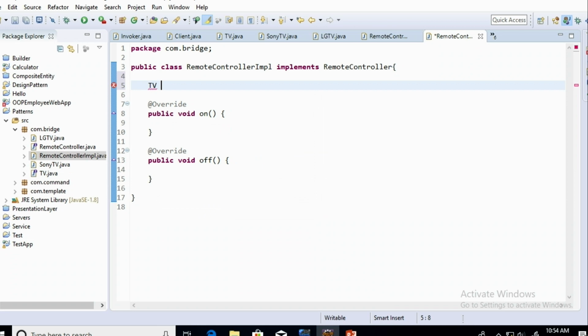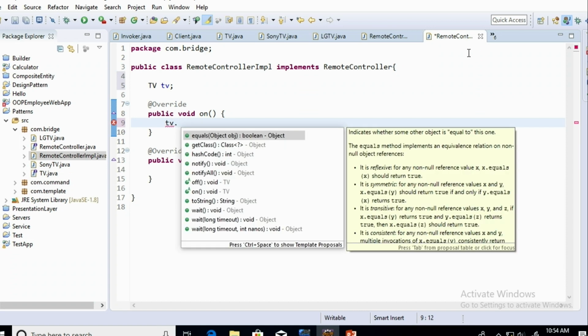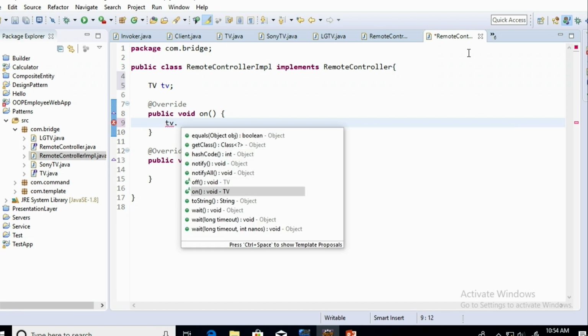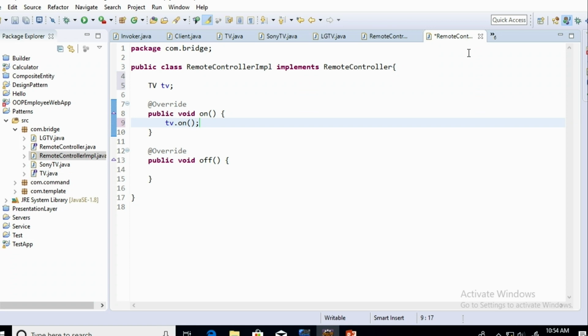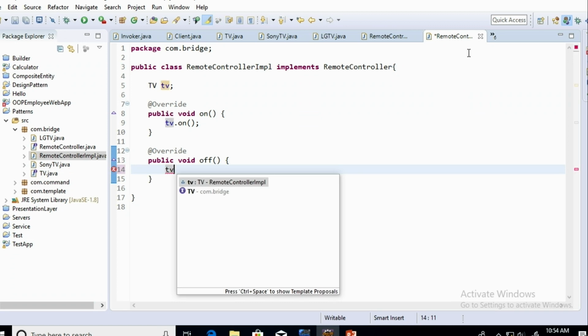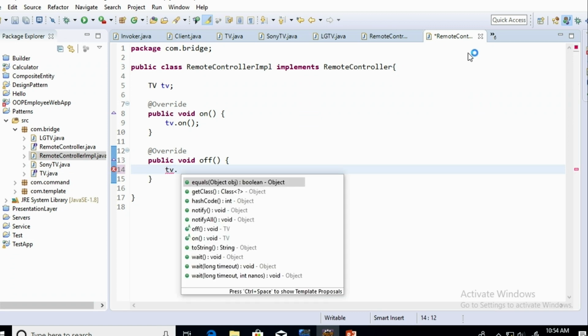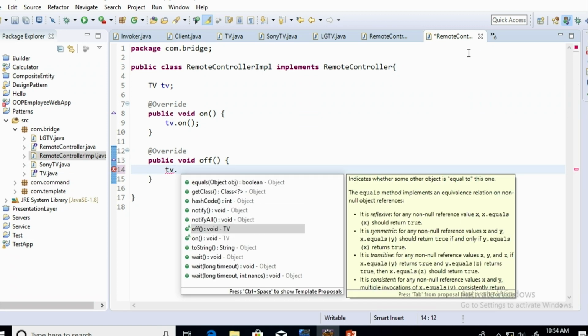This is the aggregation implementation, right? So in this TV, based on the object that comes over there, you call on and off operations, right? Sometimes it might be Sony TV or sometimes it might be LG TV, we don't know. Or sometimes in future some other object may come, you don't need to modify in here,